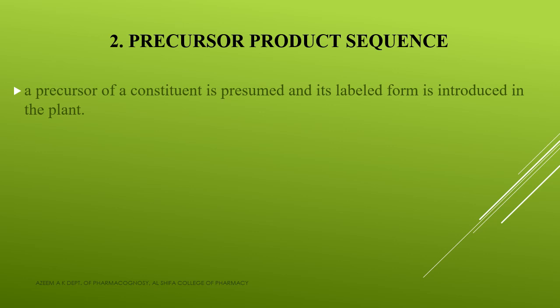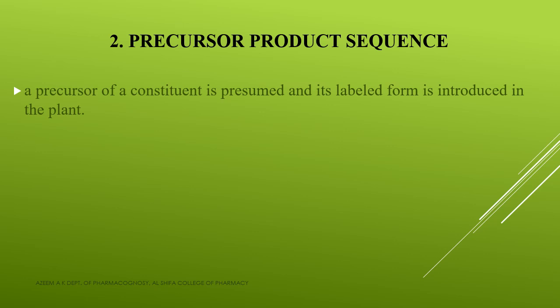So precursor product sequence is nothing else but this: for the formation of a compound, a lot of starting material is there as well as a lot of intermediates. Then only you will be getting the final product. And the compound which is just preceding the final product is known as a precursor. Clear? So here in this technique, a precursor of a constituent is presumed and its labeled form is introduced into